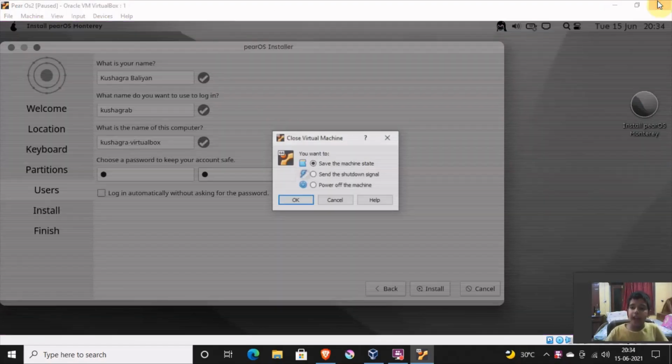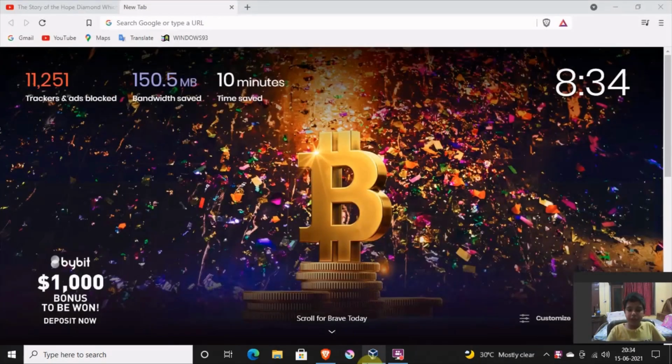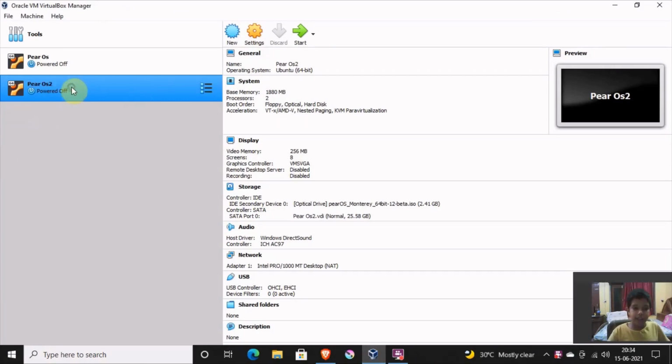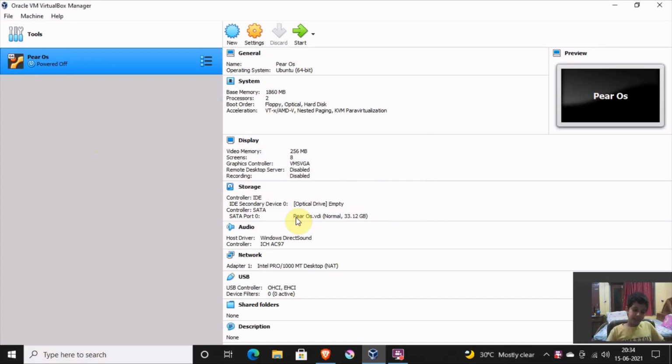Click on this X close and then select power off the machine and then click on OK. Now this would power off your machine, and then again you have to run it, and then it would run the system. So I will now open the virtual machine that has Pear OS already installed. So I will wait till it opens.